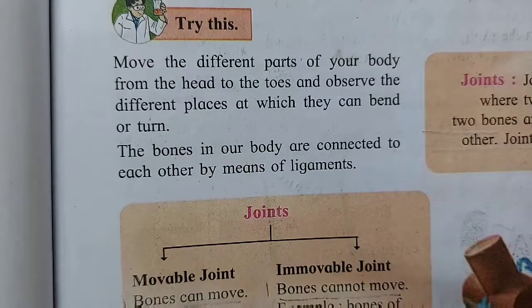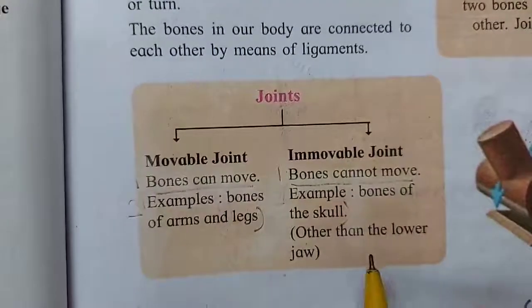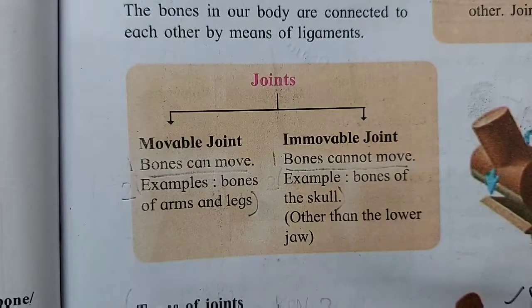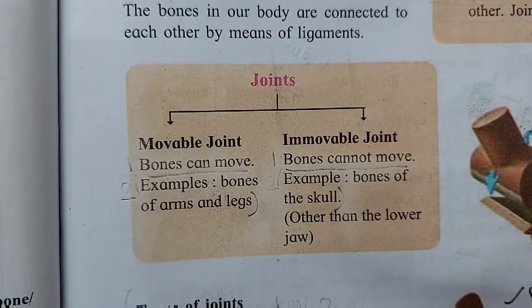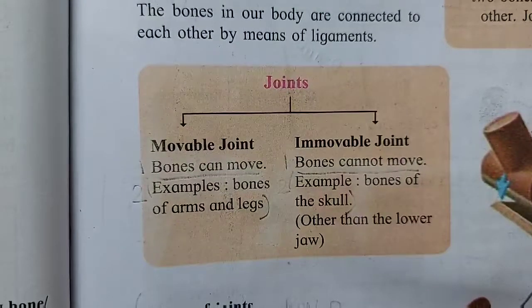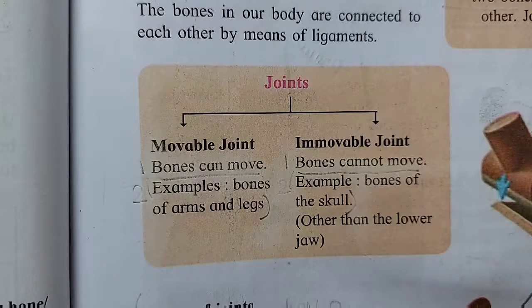Next, come to your arms. There is a joint between your upper arm and lower arm. Now if there wouldn't have been a joint in your arm, that is, if there was one single piece called arm, no upper and no lower, would you be able to bend your hand, fold your hand to eat, to write, to pick up things? All these things, our body being able to bend and do various things, is possible only because of the joints in our body.